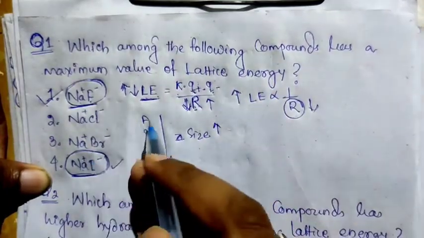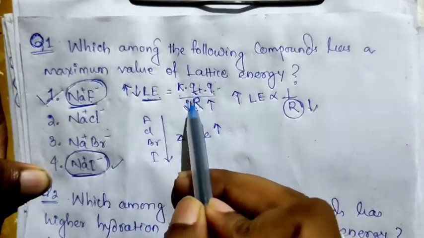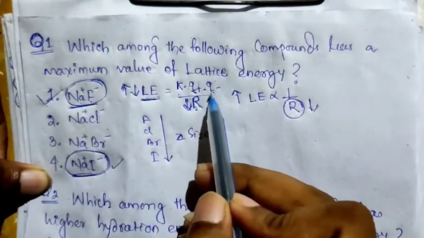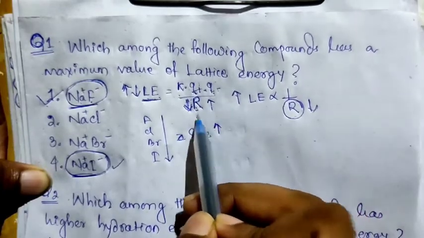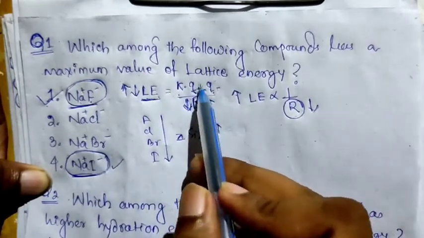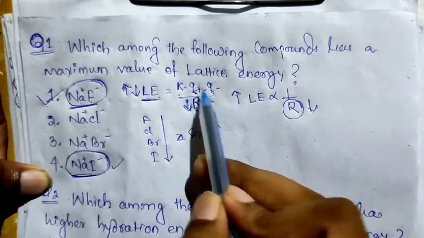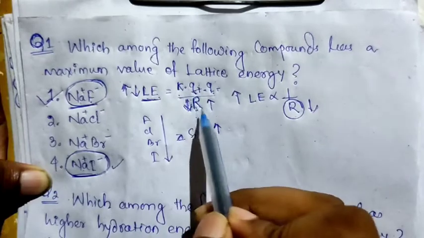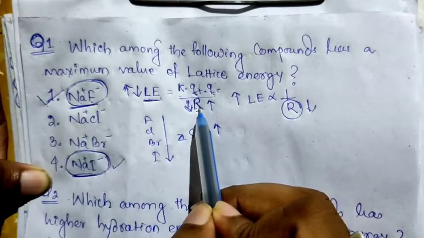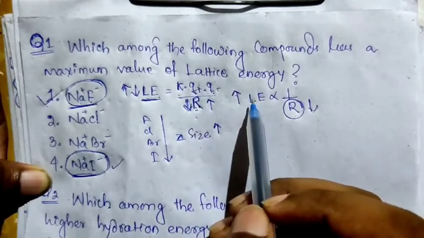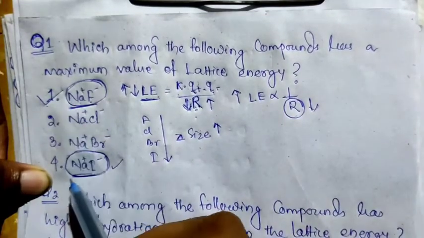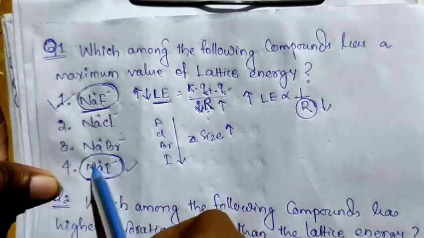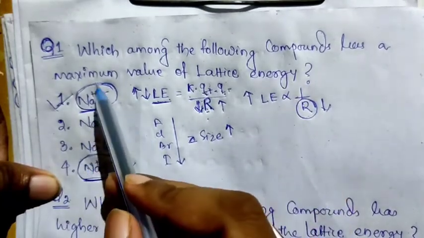So we know that lattice energy is equal to K into Q plus into Q minus divided by R. Here Q plus represents the charge on the cation and Q minus represents the charge on the anion, and K is a constant, whereas R is the ionic radii. Okay, so in all four options we saw that sodium is common,